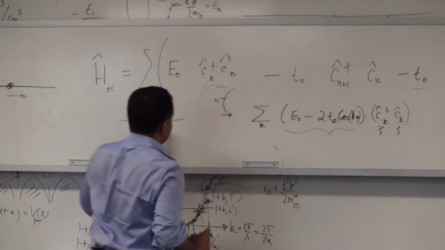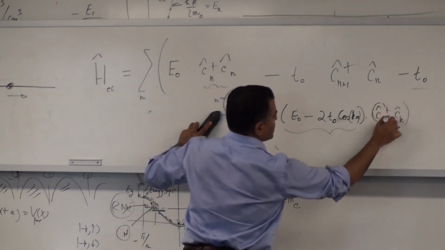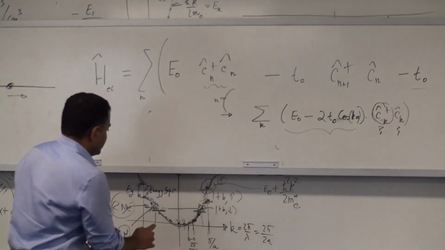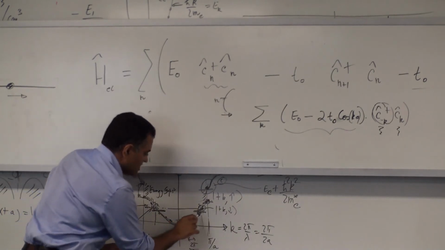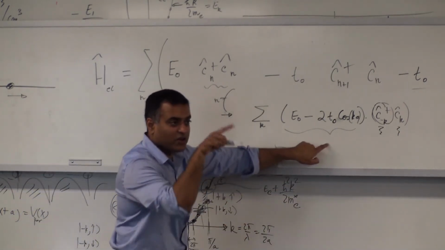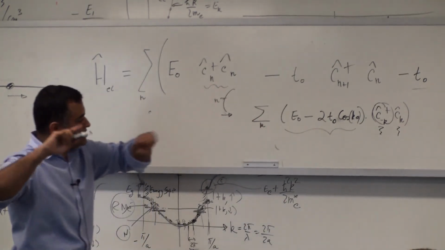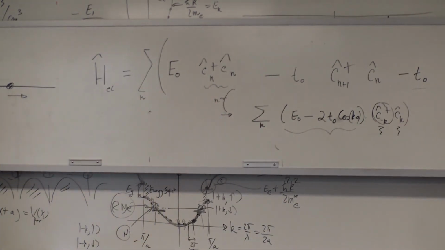Okay, so because of a single orbital, these will be transformed into K space, and you get the occupation and creation and annihilation of the K state instead of an on-site state. It's a conversion from real space to K space. So we're going to see that tomorrow.